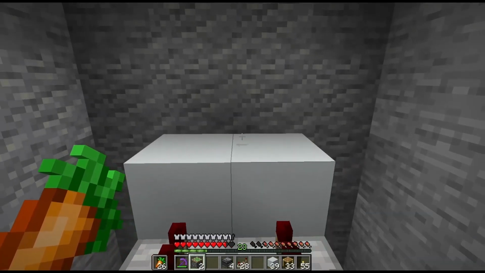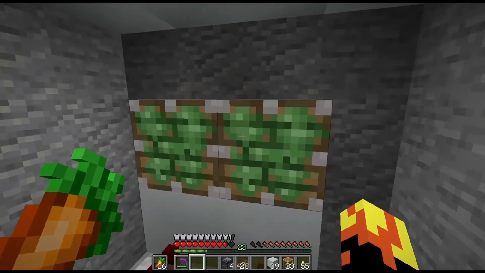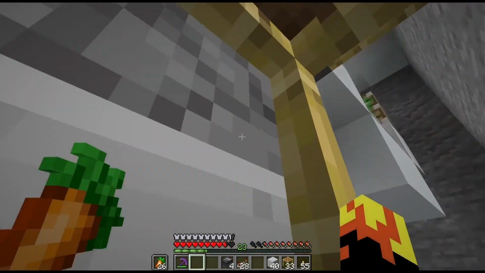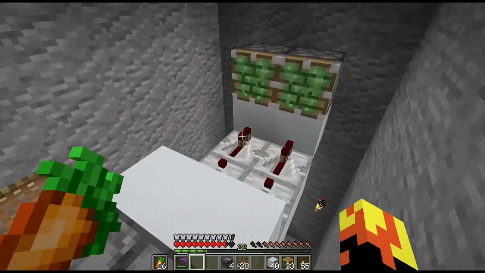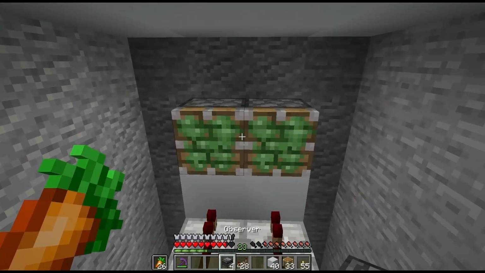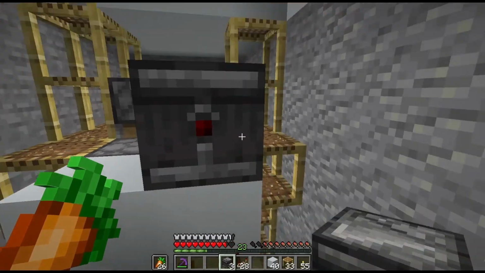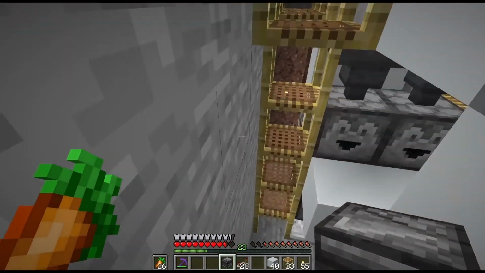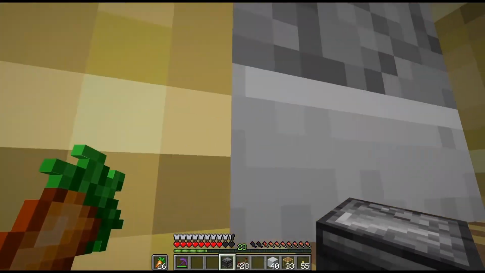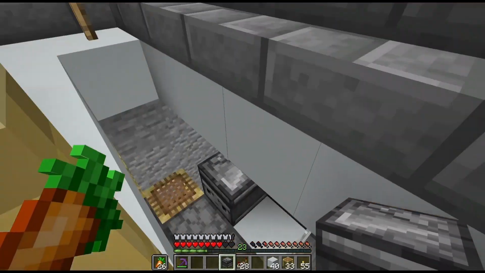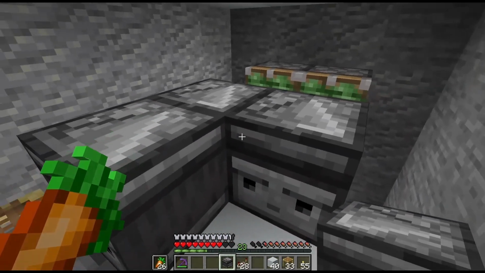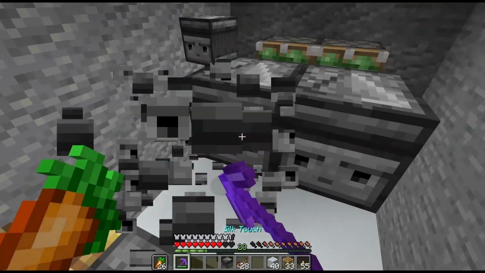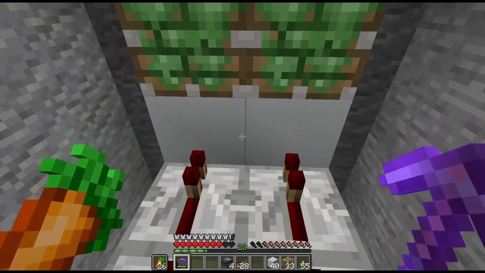And then on top of these, we will have pistons sitting. And these need to be sticky pistons. And these are going to be attached to some observers, which I'll fix in a second. Actually, I'm going to do that now so I can just have it done. So the sticky pistons, and then